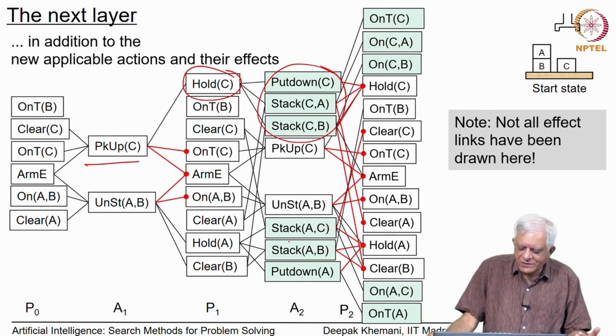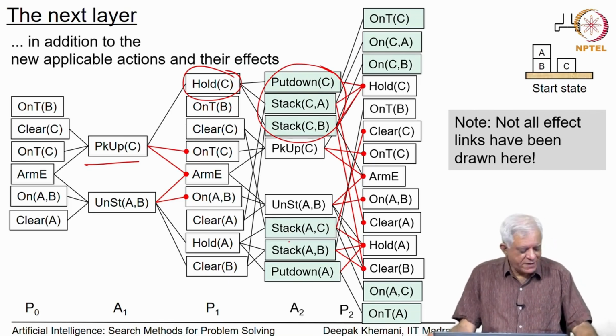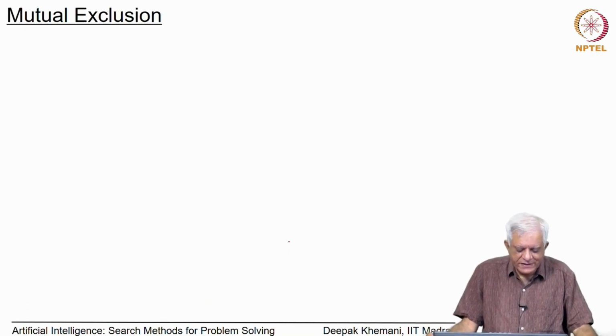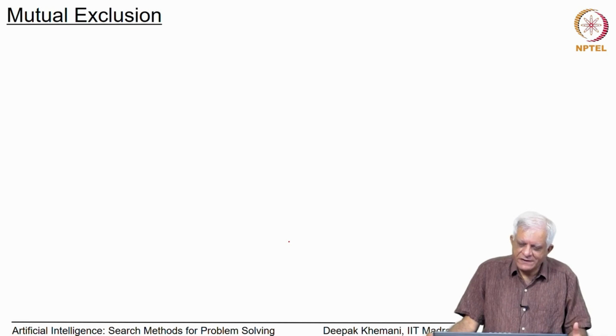But now we must also figure out how to identify states in this proposition layer and how to identify actions which can in practice be executed in these action layers. So, to do that, we introduce another set of links, and these are links which are within every layer. These are called mutual exclusion links,